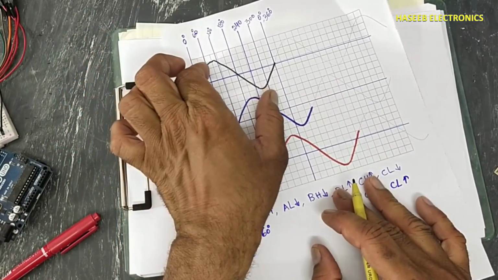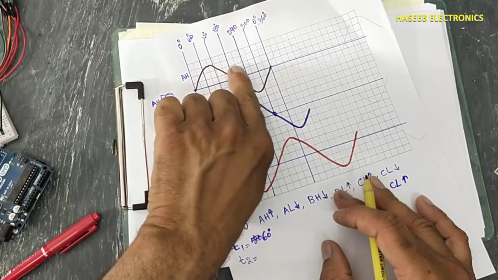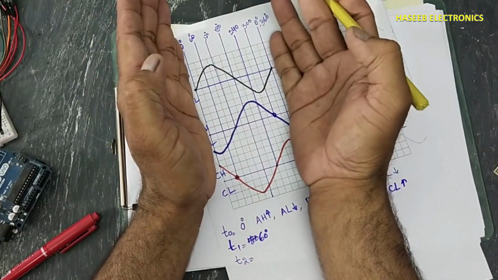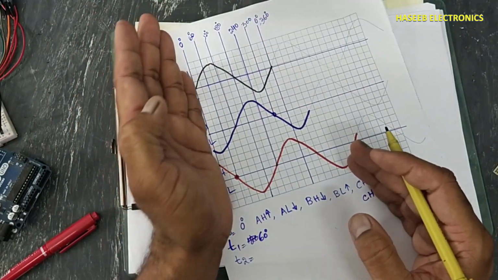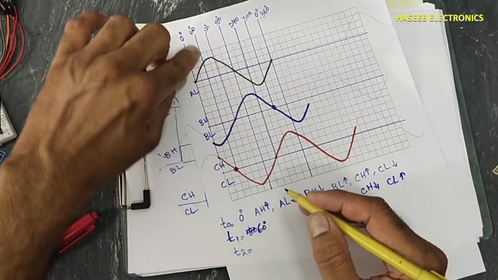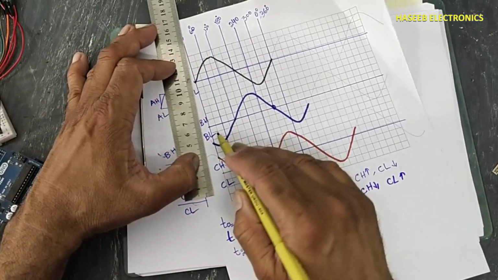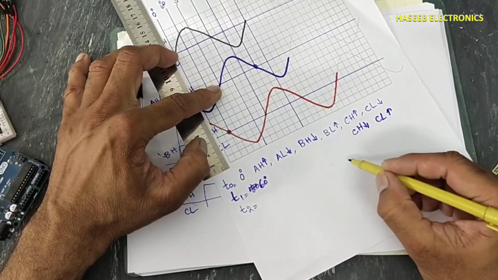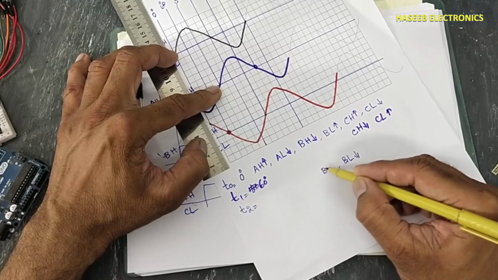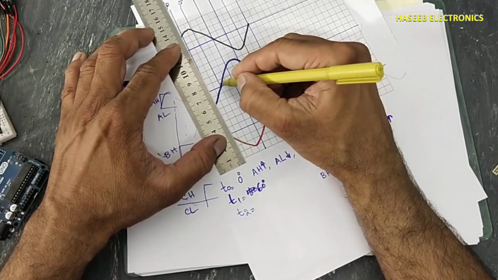We will divide this sine wave in different positions. 1 portion, 2, 3, 4, 5, 6. So this time period will be divided in 6 portions and each portion will give time delay. T2, when we have second time, at that time B low will come low, but at that time B high will go high. That is this position.